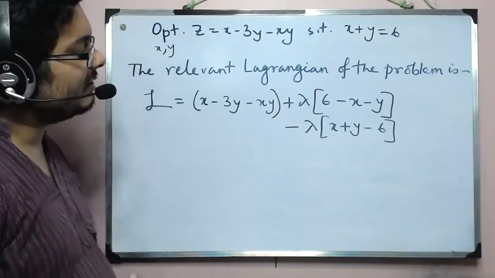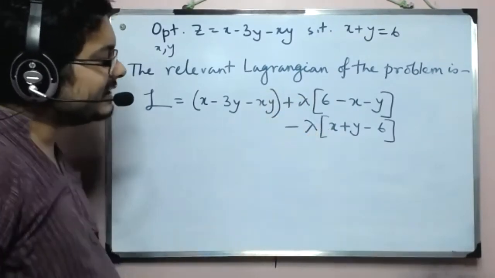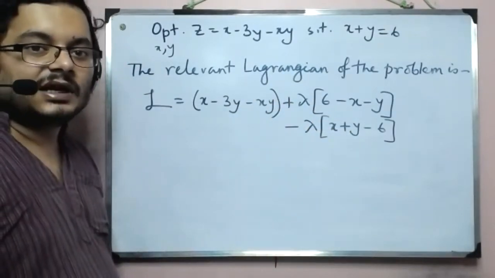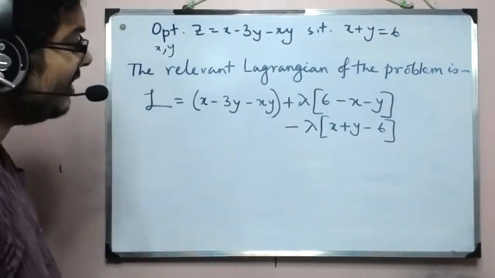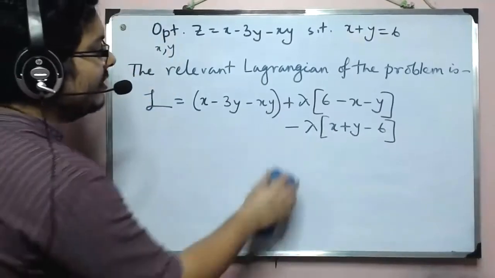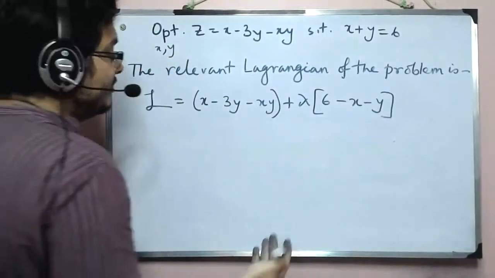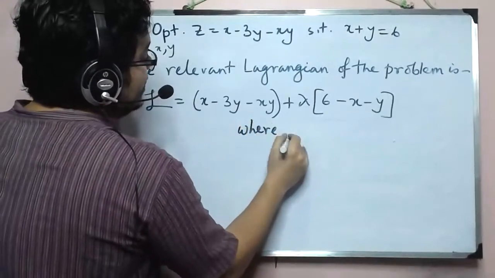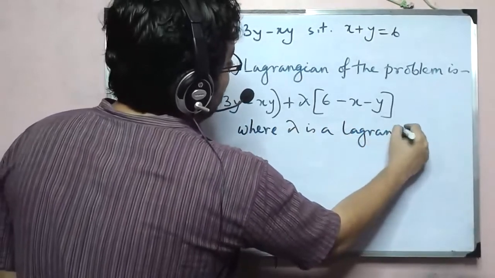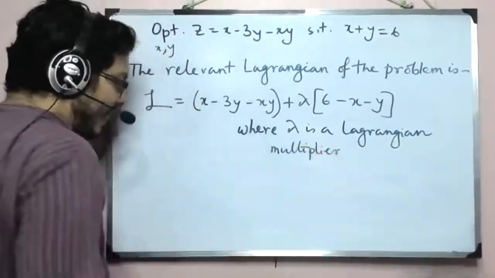So in an exam, if you are confused between whether it was plus lambda or minus lambda, do not bother, because writing either of them will not change the result. And why, that we will learn, why it doesn't really affect the whole thing. All right, so what is lambda? We have to write it here. Do not miss writing it. So lambda is a Lagrangian multiplier.